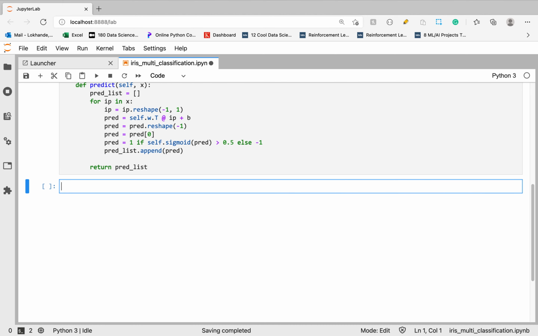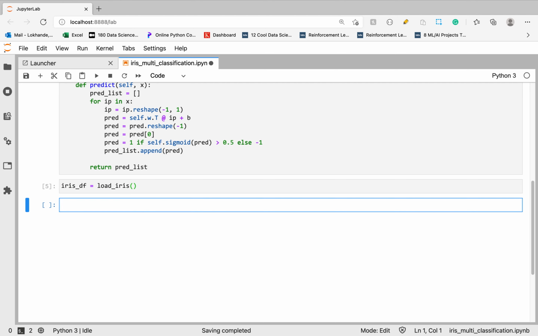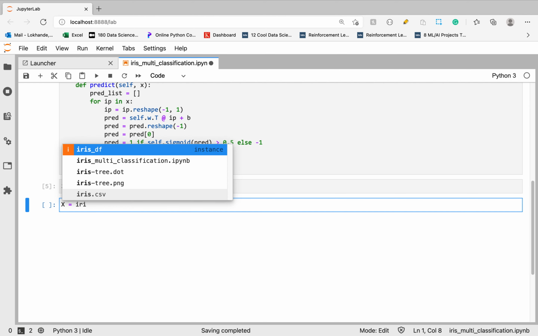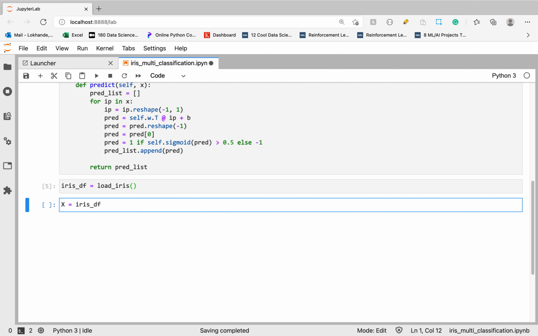Okay, now the main method. First just load the iris dataset, which we can load with this instruction. Now extract the features. Iris_df is nothing but a dictionary, and in that dictionary data is a key, and we are just getting the value of data.